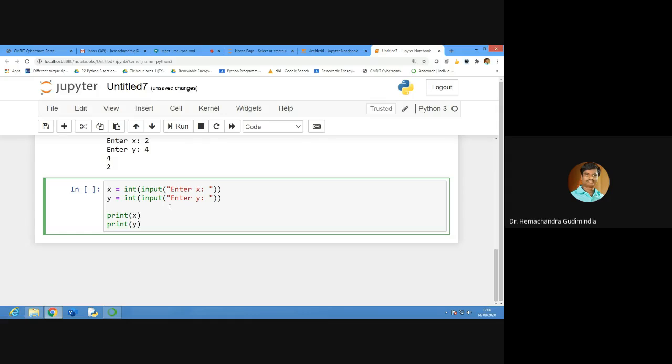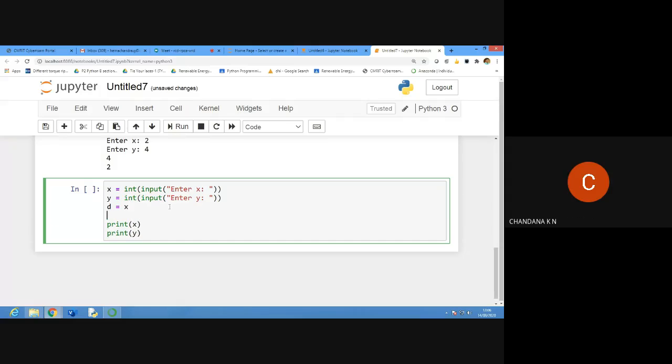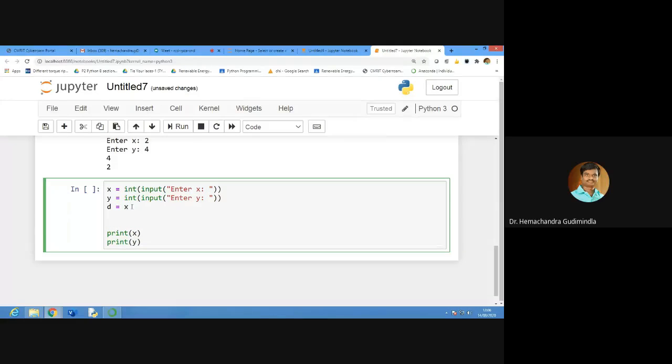Now D is equal to X: the X value you are storing in D. Now what do I have to do?